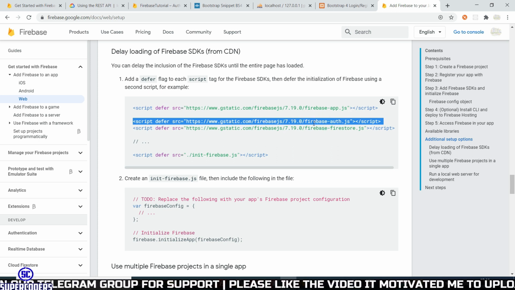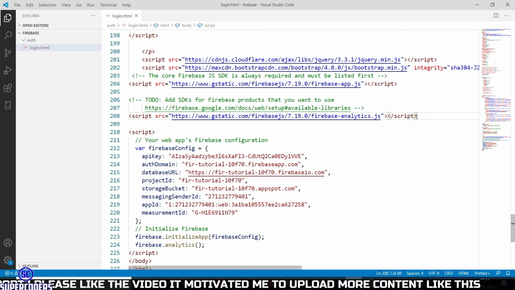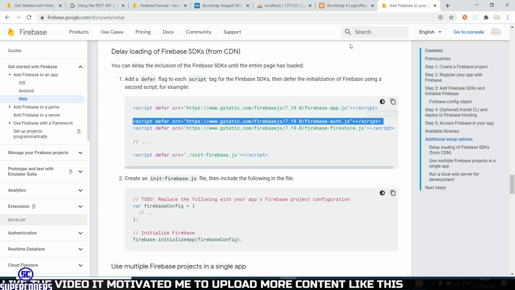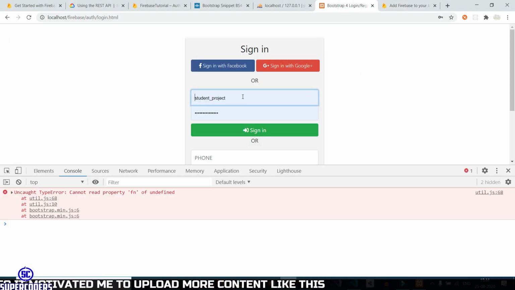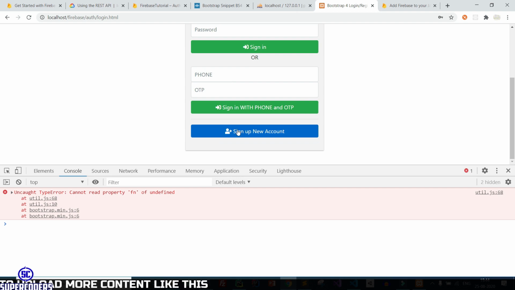You need this in your project to work with Firebase login system. So copy this library, again back to VS Code and add this library here, paste it, save it, refresh page. So everything is okay.